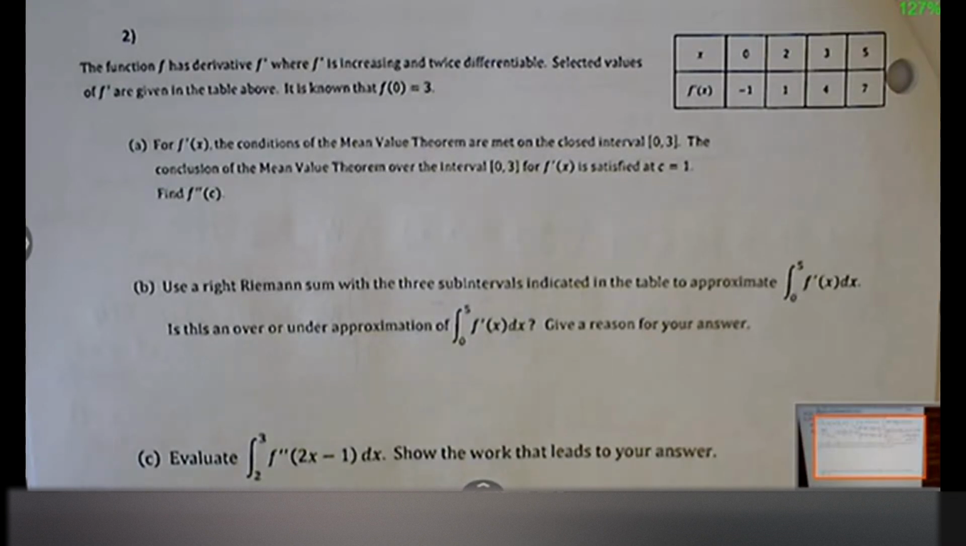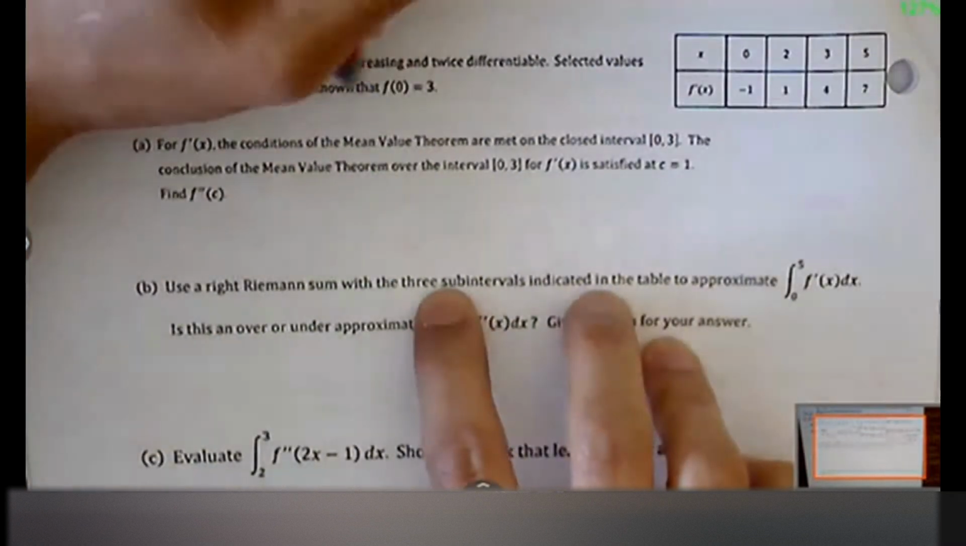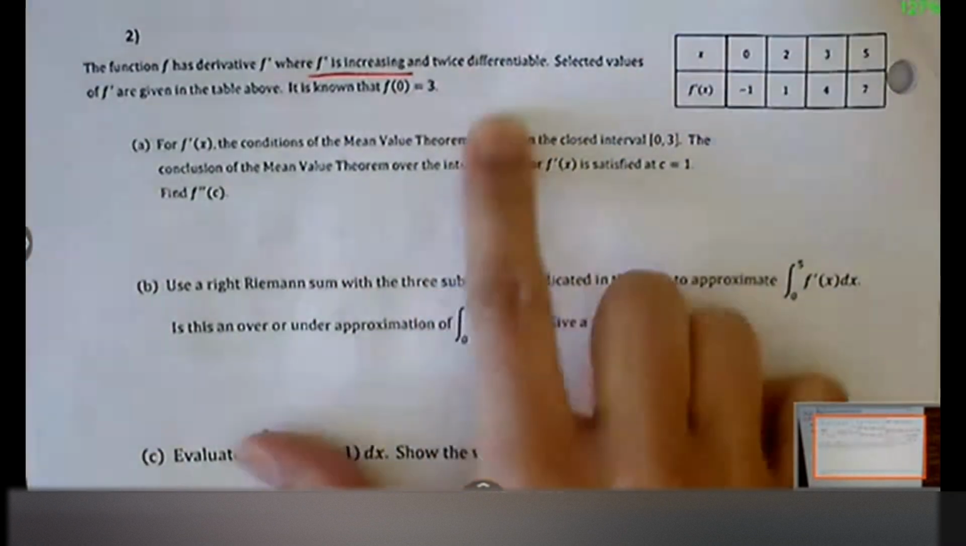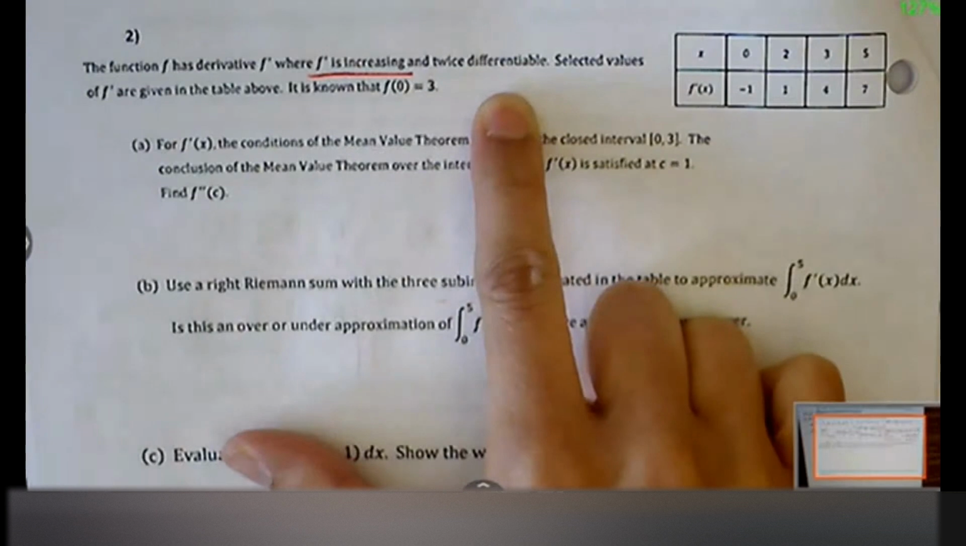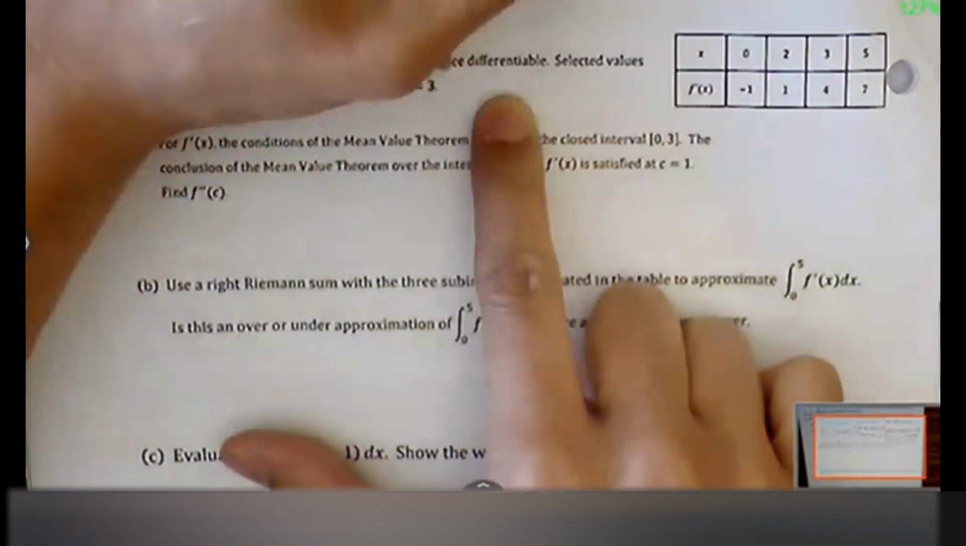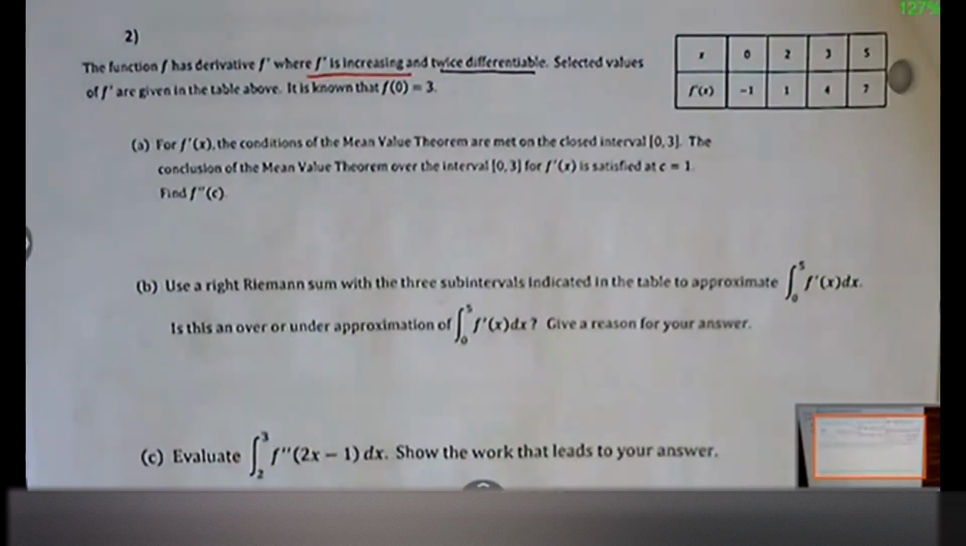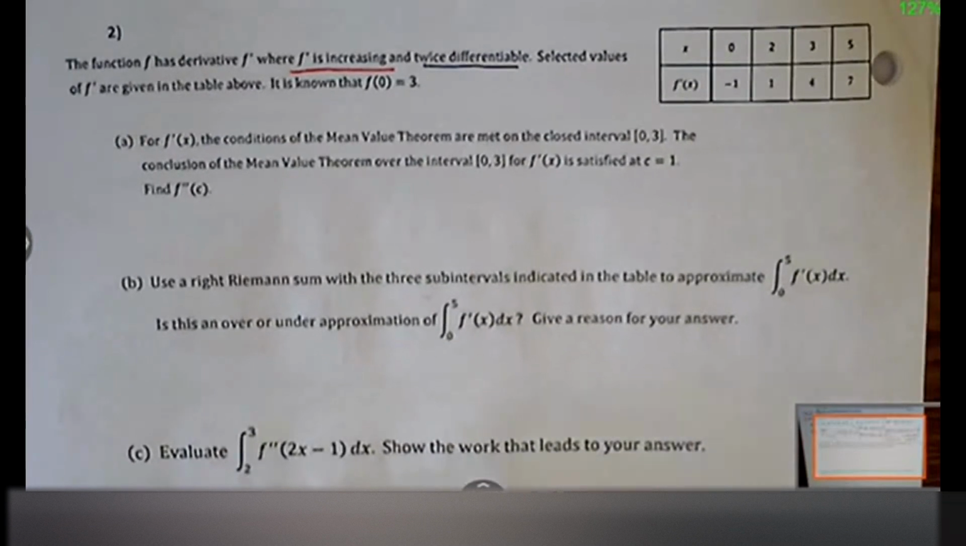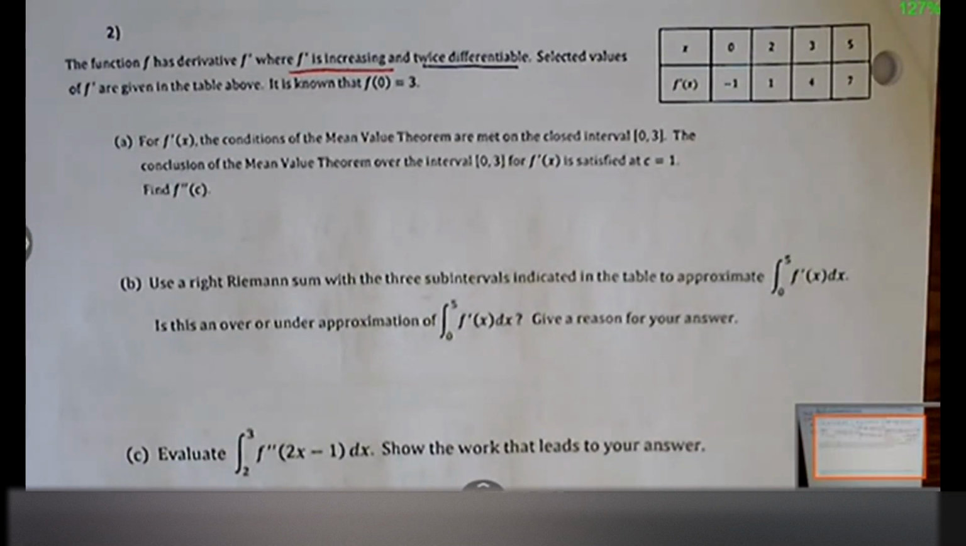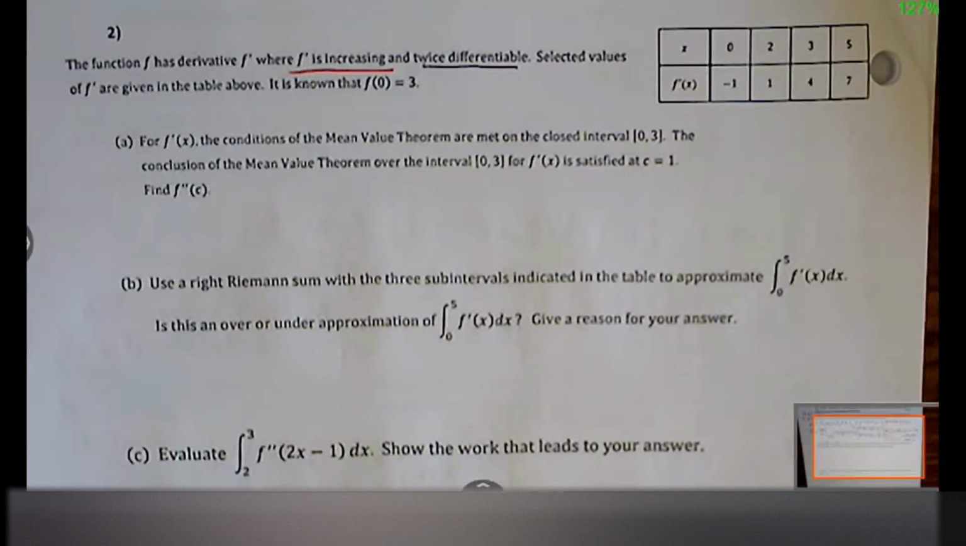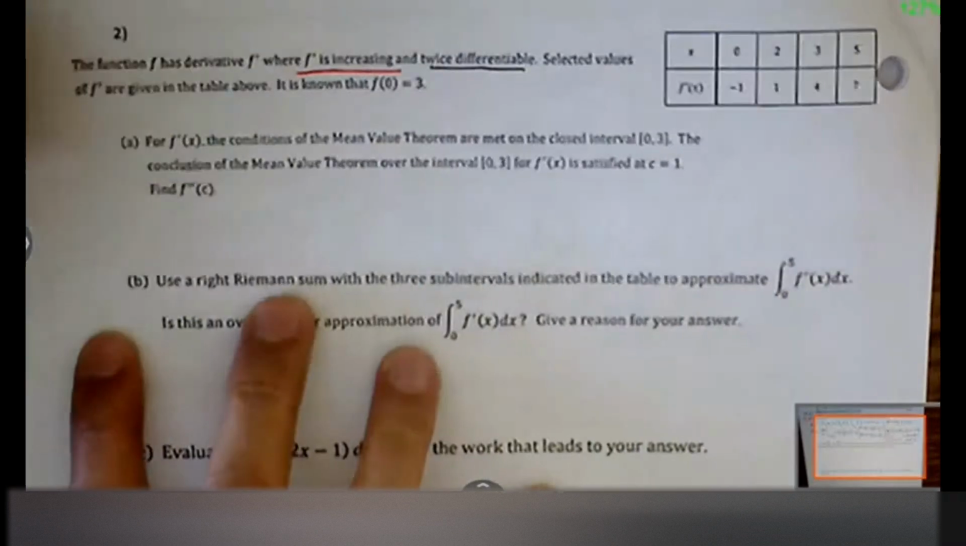Okay, the function f has derivative f prime, where f prime is increasing and twice differentiable. Twice differentiable, so smooth curve. Selected values of f prime are given. It's known that f of 0 equals 3. For f prime of x, the conditions for mean value theorem are met. The conclusion of mean value theorem over the interval from 0 to 3 is that f prime is satisfied at c equals 1. So mean value theorem